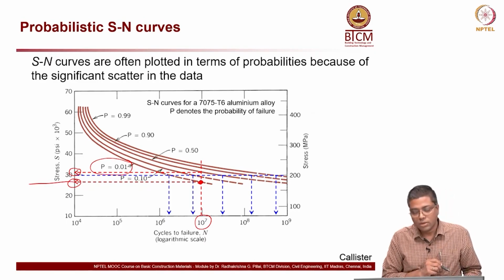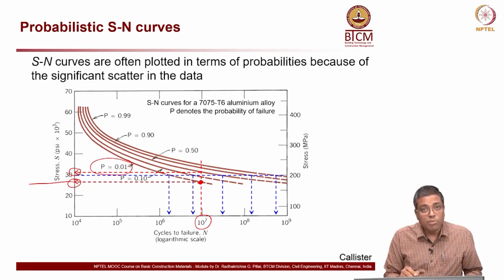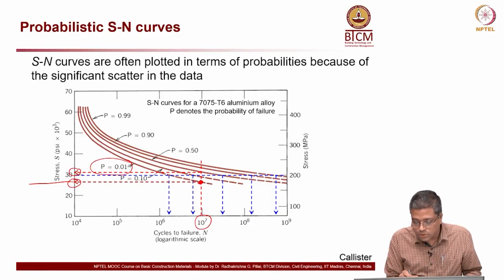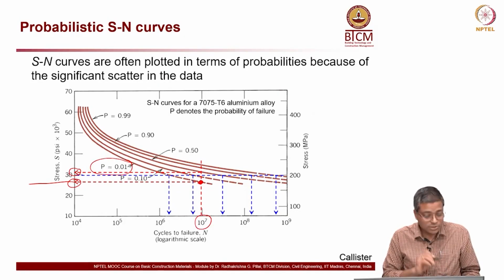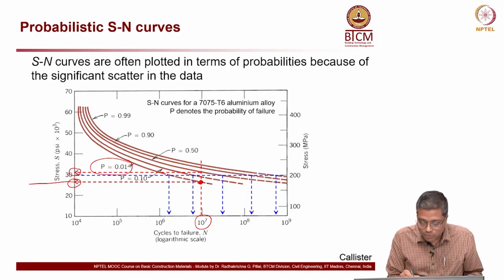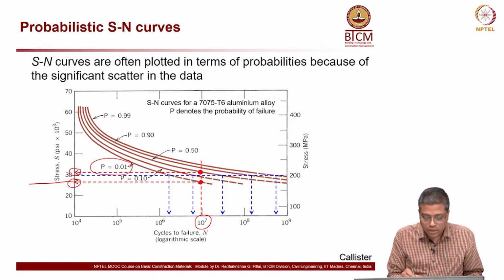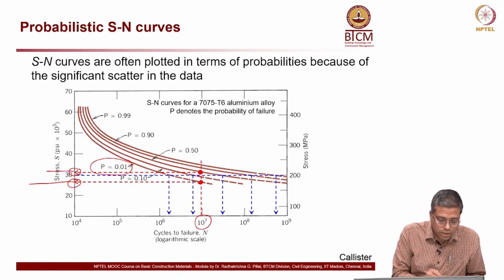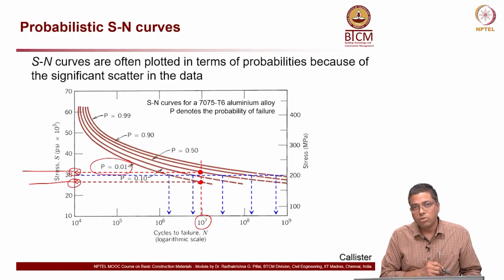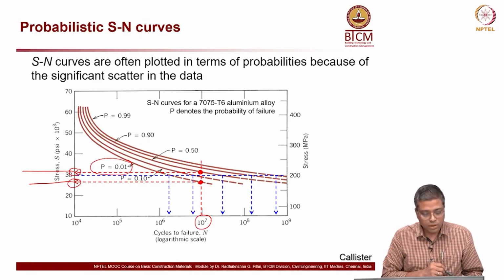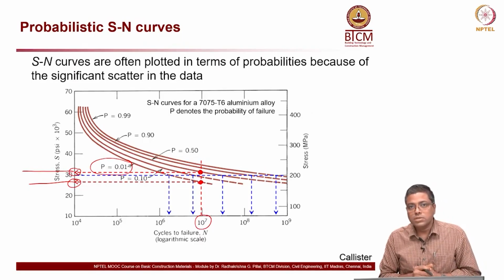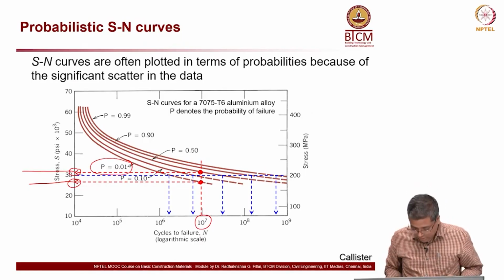Okay. And if I am okay to have a probability of failure of, let us say, 0.5, which is not really a good case, but I am showing it here for the purpose of demonstration, the second curve, the one above, then I can go for a stress value of that much. Okay. So, about 30. So, this is the use of this kind of probabilistic SN curves.